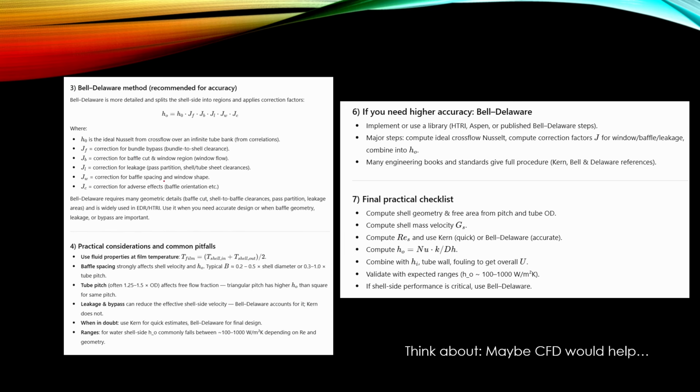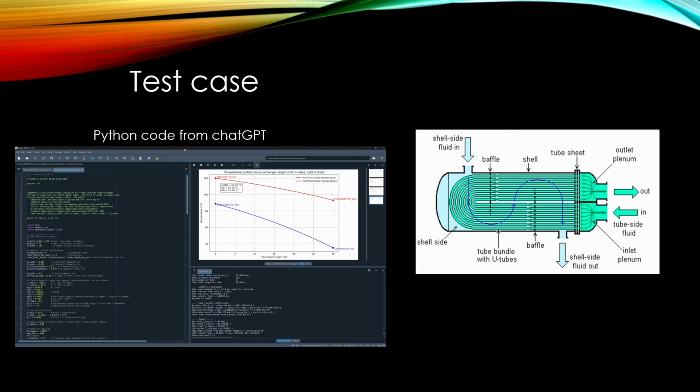Here are those details for that method, but my idea is that you should think also if a CFD calculation would help to get this heat transfer coefficient for shell side. Here are the results of a test case. I asked for the Python code from ChatGPT, and by using